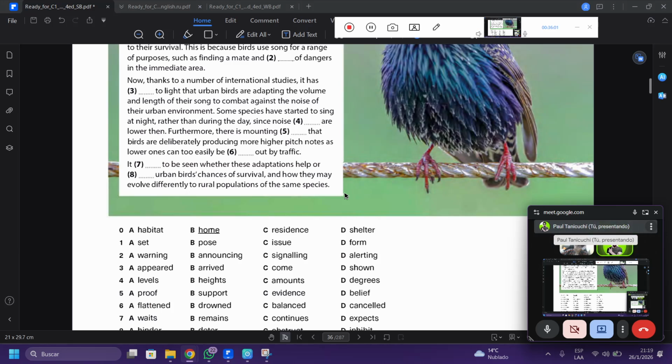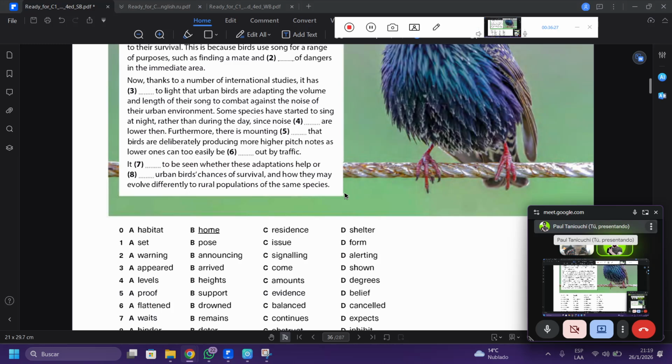Furthermore, there is mountain that birds are deliberately producing more higher pitch notes. Number five: proof, support, evidence, or belief. Furthermore, there is a mountain, a proof, a support, one more supporting evidence.